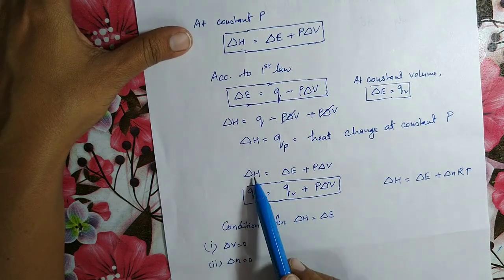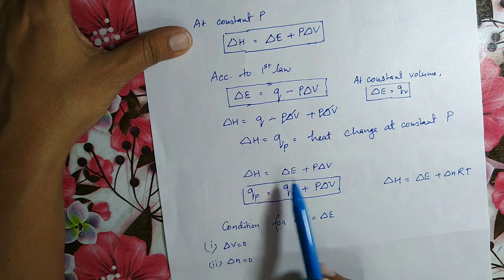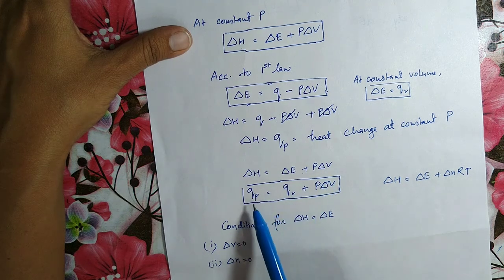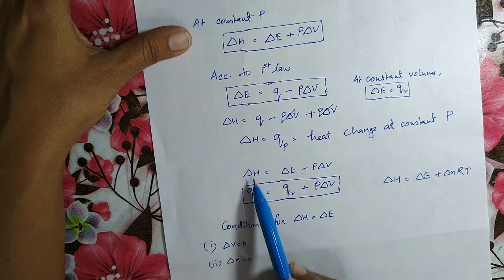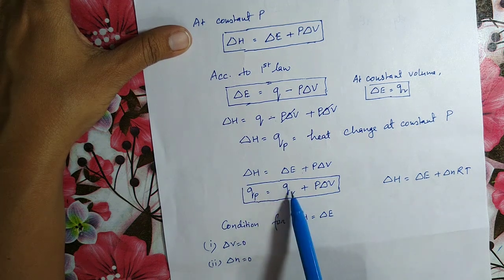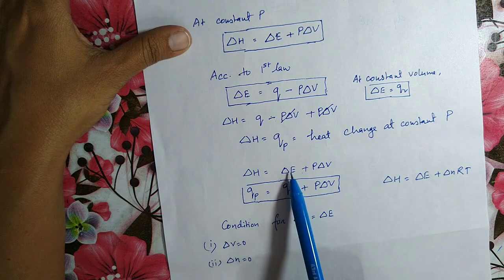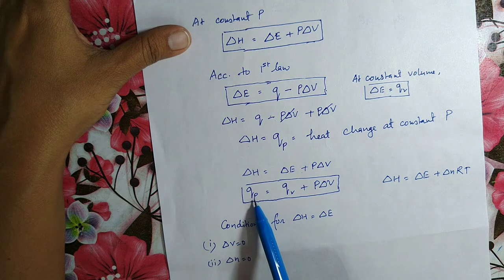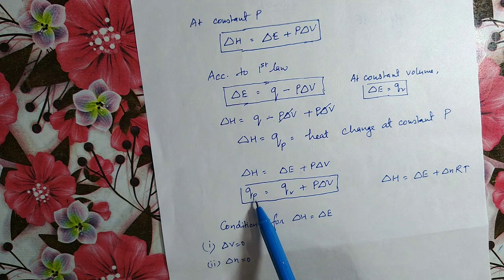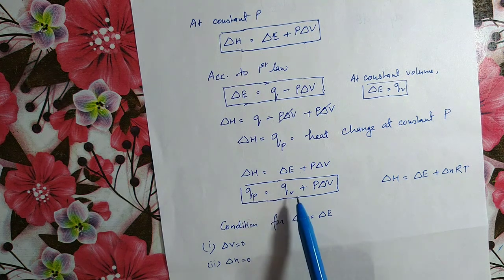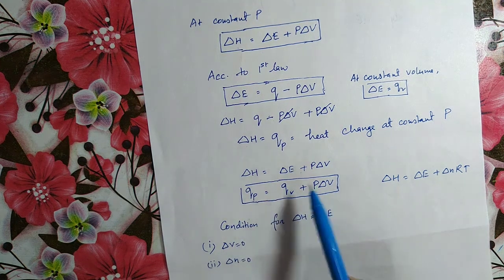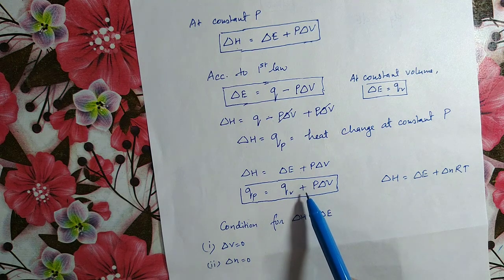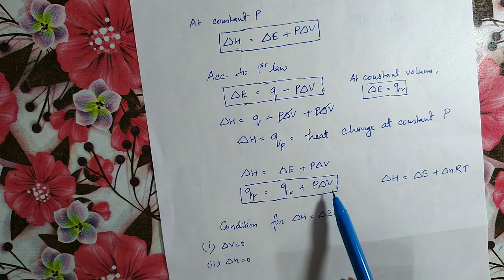You can write this expression, that is ΔH = ΔE + PΔV. You can write this expression this way, that is Qp. Qp is equivalent to ΔH, and Qv is equivalent to ΔE plus PΔV. Qp is the amount of heat absorbed at constant pressure, which will be equivalent to the amount of heat absorbed at constant volume